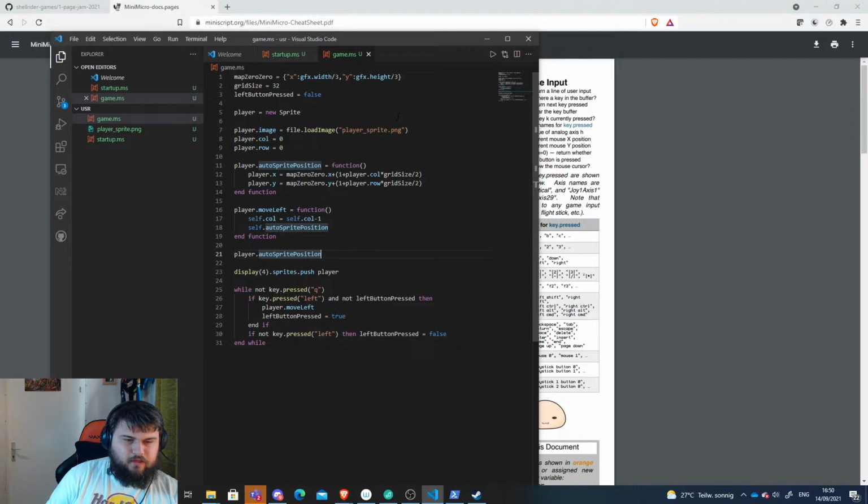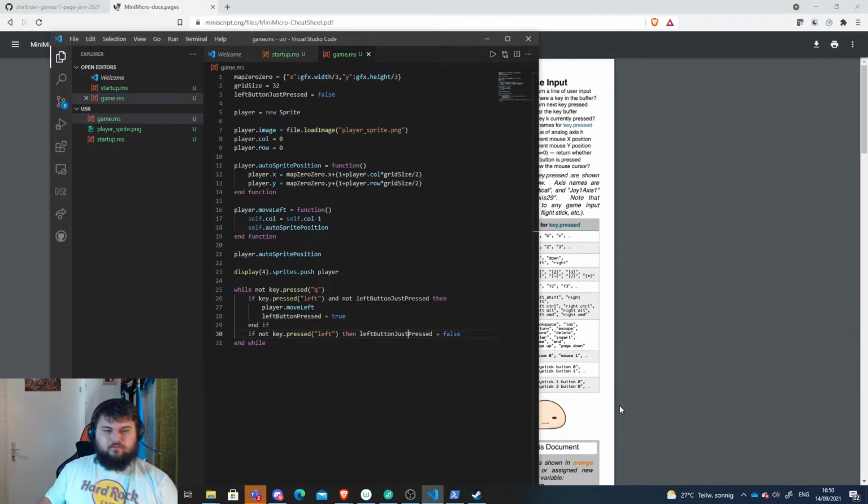I can have left button. This is also a stupid name. Key pressed left and not left button pressed. I'll rename it to just pressed. Then